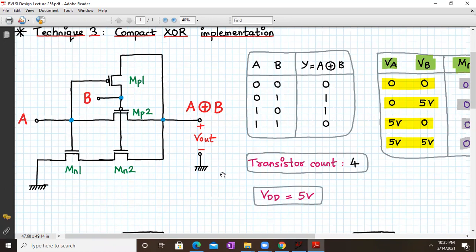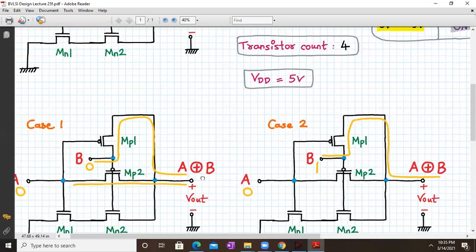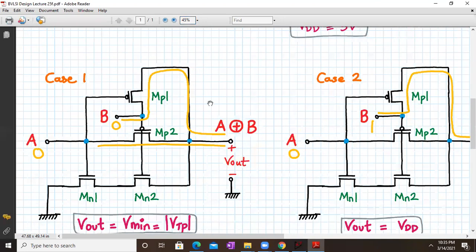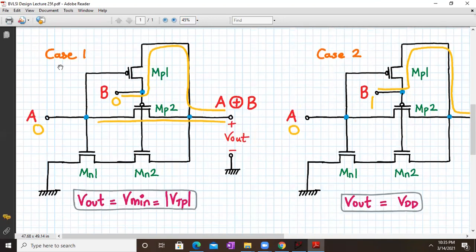So let us directly jump into the working of the circuit. Okay. So for case number 1, let me just expand it a little. Yeah. So for case number 1, we have A as 0 and B as 0. So whenever A is 0, MN1 will be off and MP1 will be on, basically.